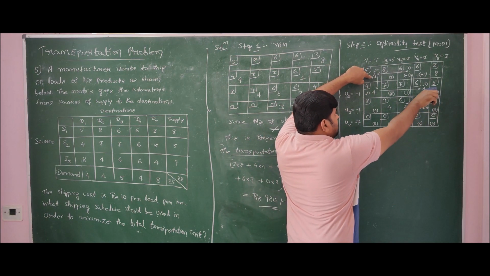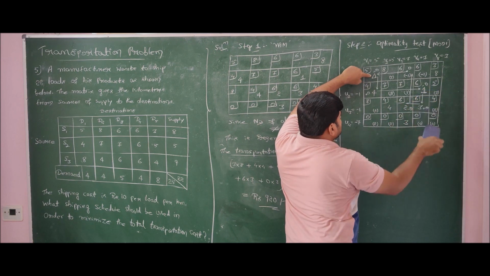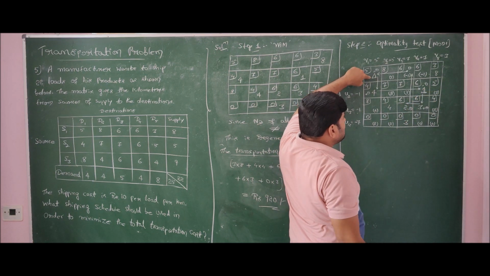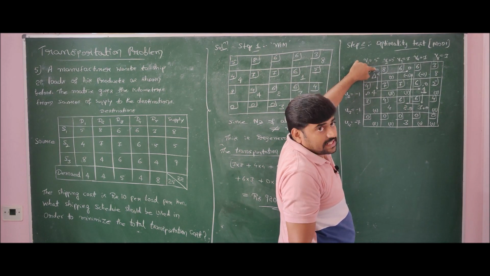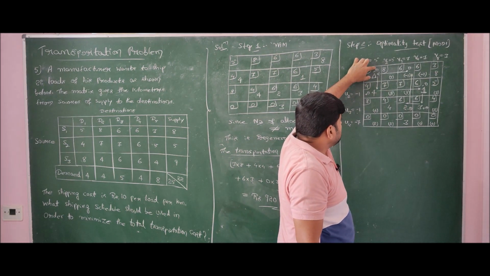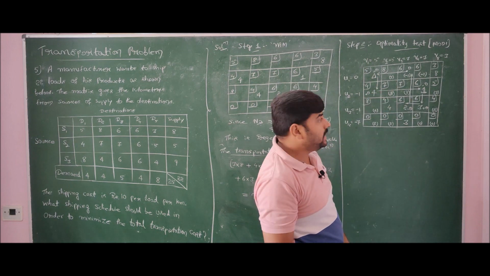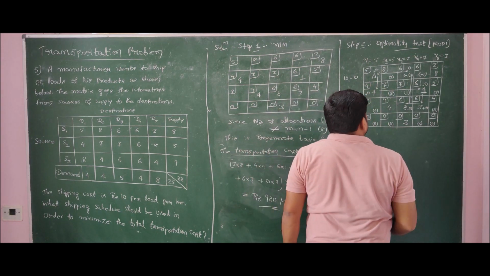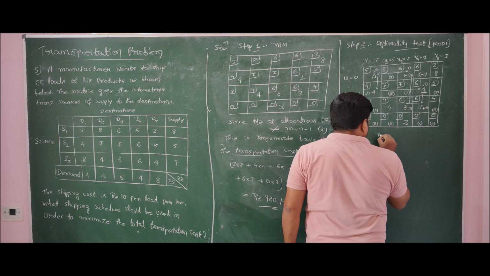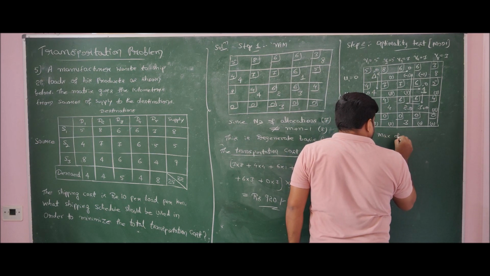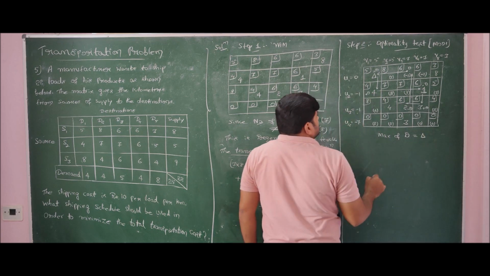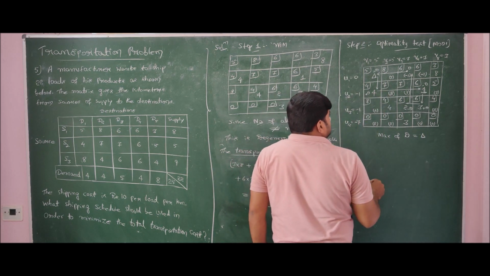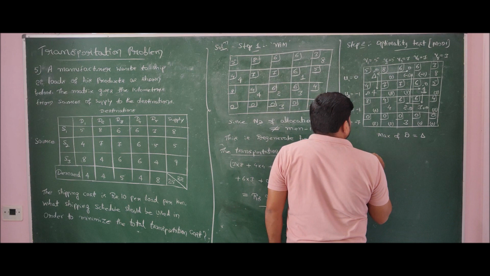If I make theta as 1, this will become 0, but this will become negative. Delta is almost equal to 0, so the maximum value of theta that can be allocated such that none of the allocations will become negative is delta only. So therefore max of theta is nothing but delta. Putting delta, I'll get a new matrix as